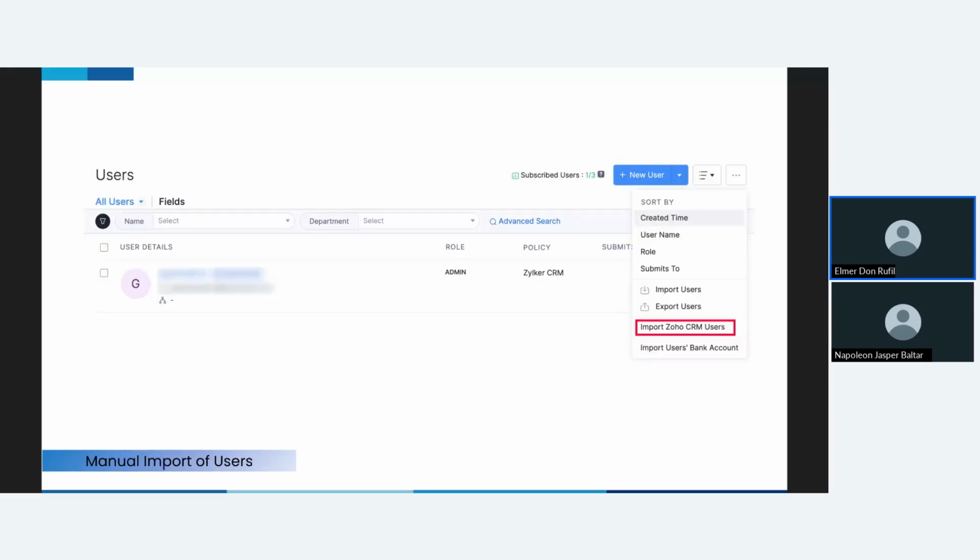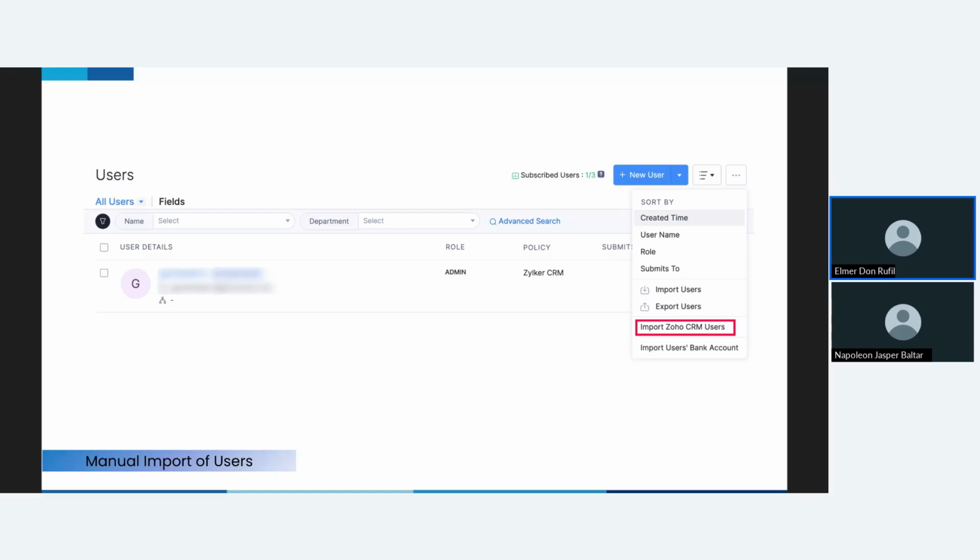And you can also bring users into Zoho Expense manually through a bulk import from Zoho CRM. So to do this, you just have to go to the admin view, then open settings. And under the organization settings section, click users found under users and roles. So this will take you to the user management page. So from there, you just have to click more, the more icon located at the top right corner, and then select import users, CRM users from the drop down